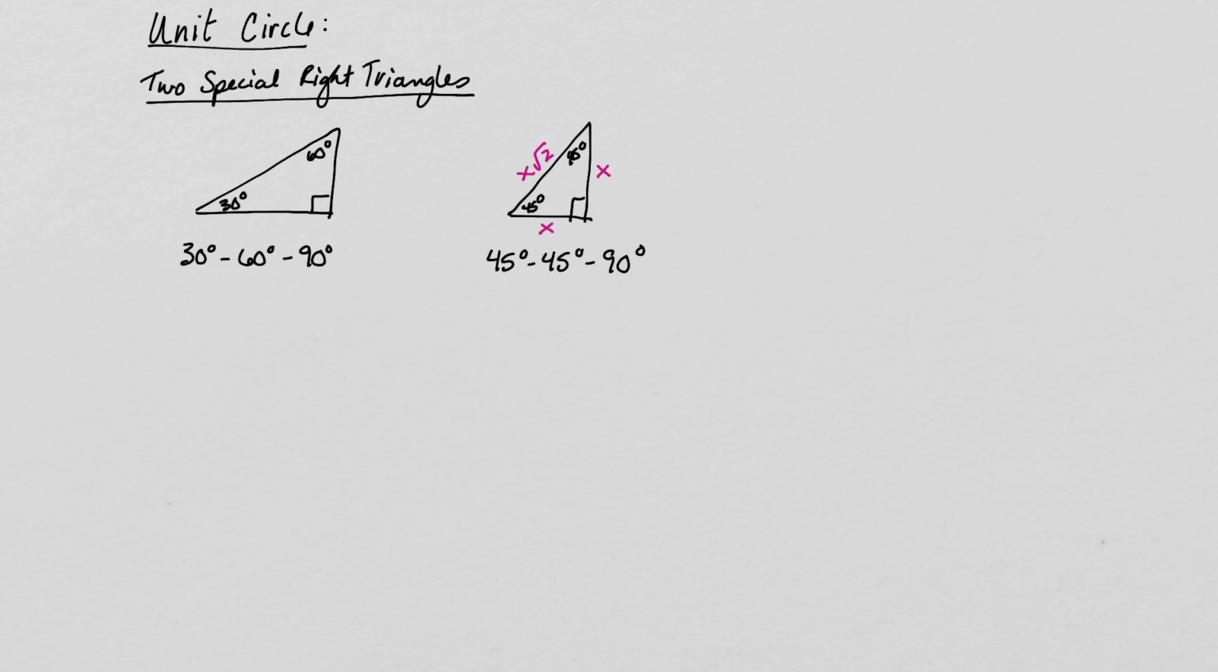In the 30, 60, 90 triangle, it's kind of similar, but the side across from the 30 degrees is your x. The hypotenuse is 2x, and then the side across from the 60 degrees is x square root of 3. So if you knew that this side here was 2, the hypotenuse would be 2 times 2, which is 4, and the other side would be 2 square root of 3. These two triangles show up a lot for angles that we care about in terms of what is known